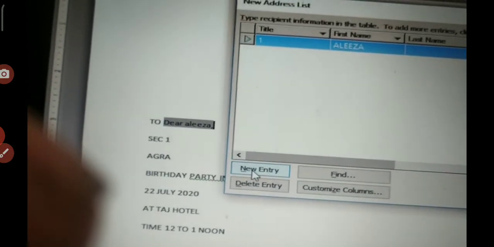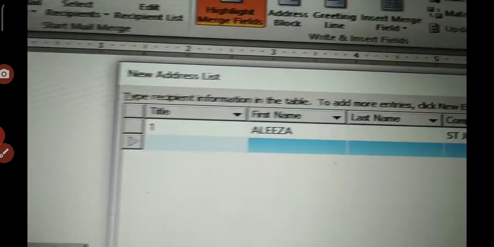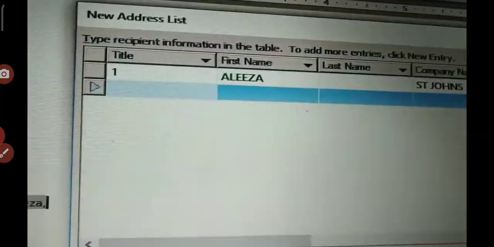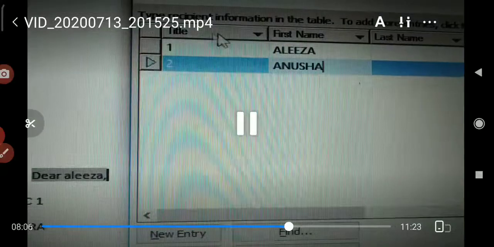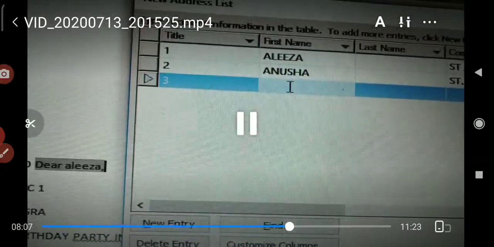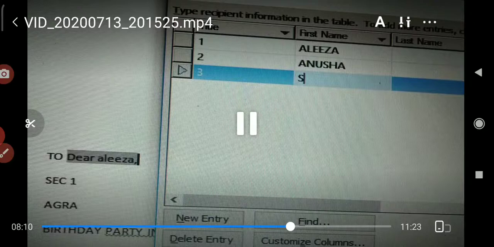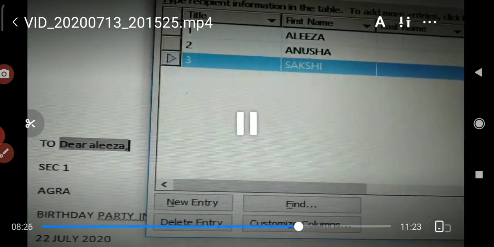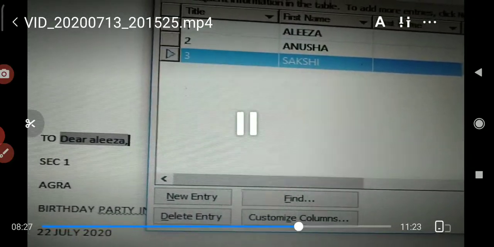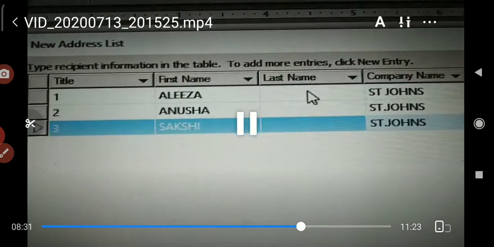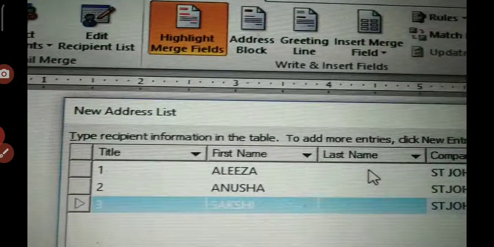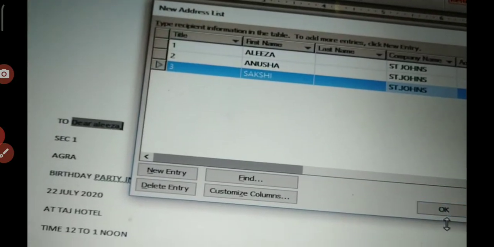One more entry, you should make a minimum of 3 entries. So you can make like this, second 2 and type any other name. You can also create like this same. To anyone you have to type the real one, otherwise the email letter will not go. So like that I have created 3 contacts here. Then you can give the OK button and you can see it will be saved here.